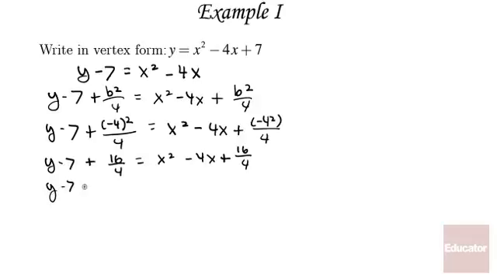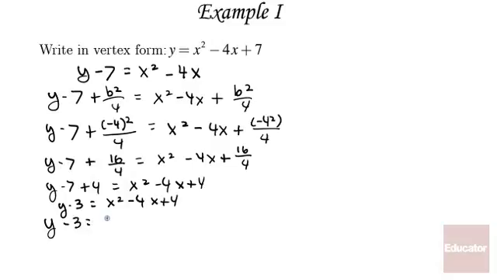Simplifying further, I get simply 4. Okay, so I have negative 7 plus 4. That's going to give me y minus 3 equals x squared minus 4x plus 4. And what I have on the right is a perfect square. So I'm going to rewrite that as y minus 3 equals (x minus 2)